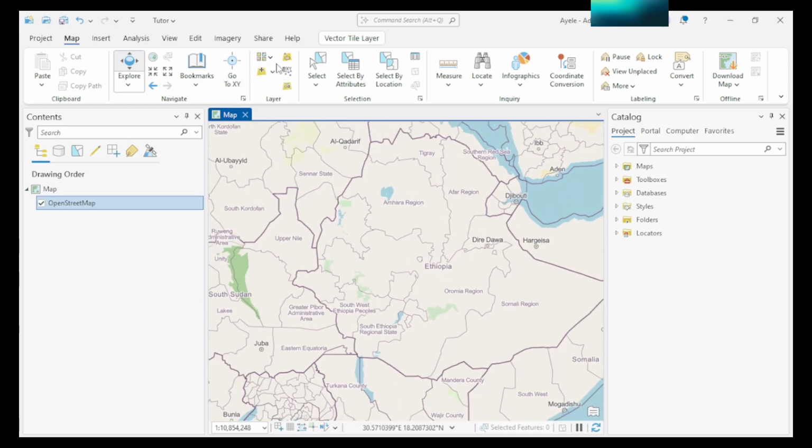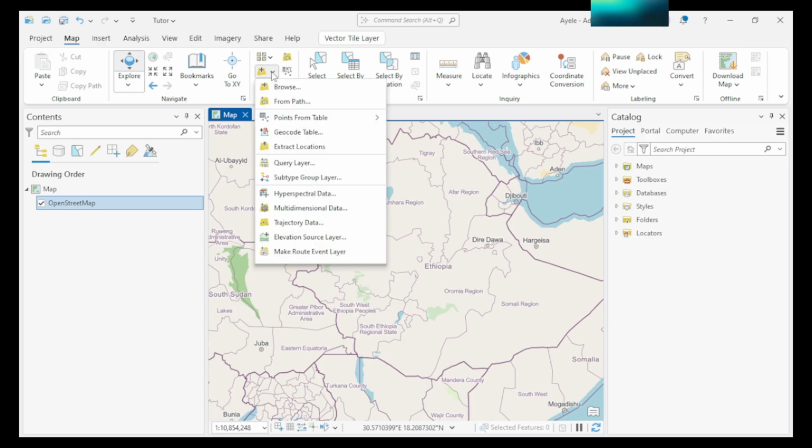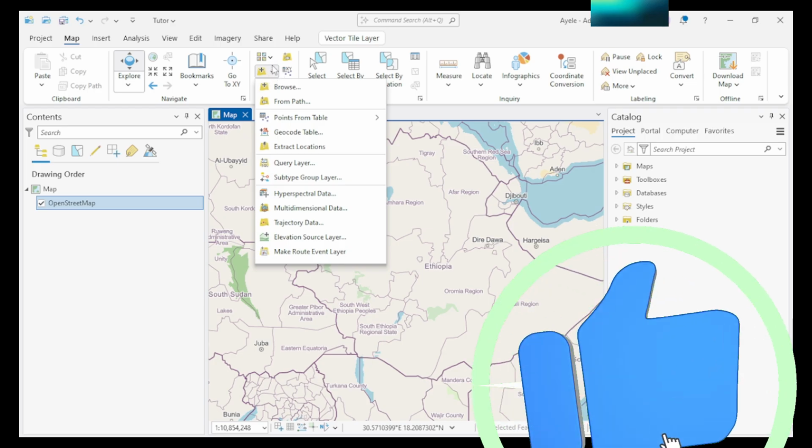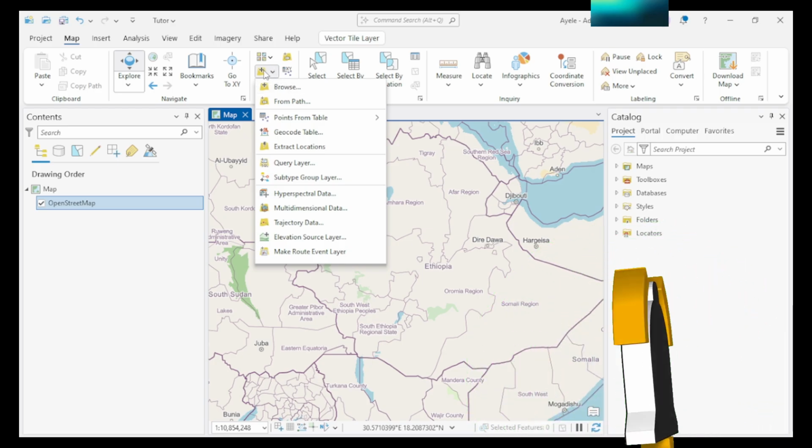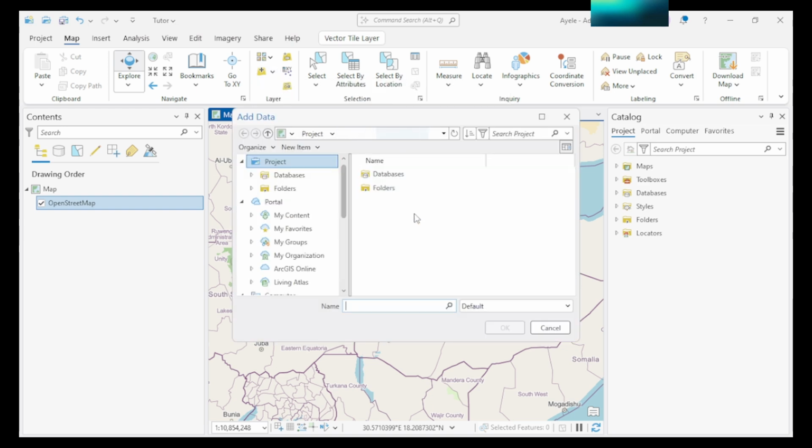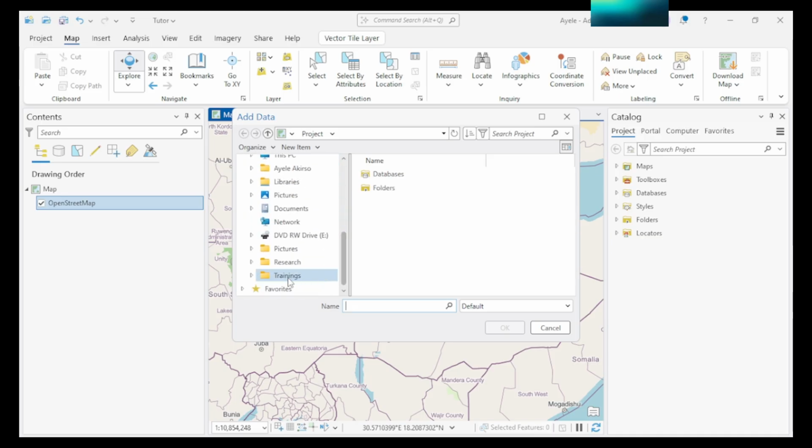Now today's topic is mainly to add your data. Let me add my data from here, from the ribbon. Open the flyer sign and you can click browser. Then I can add my data from my folder.